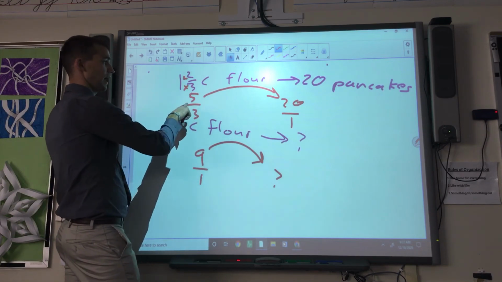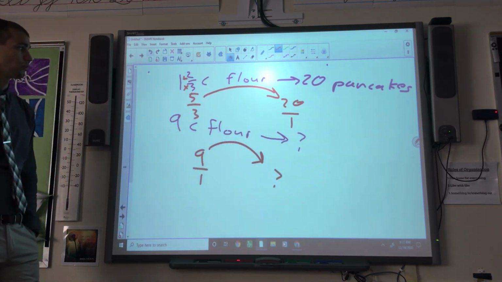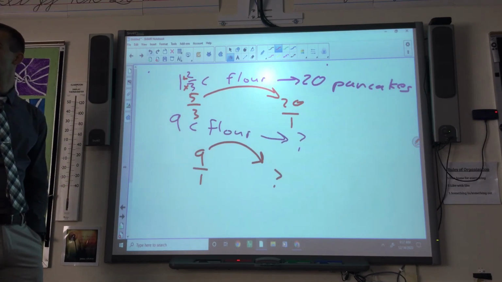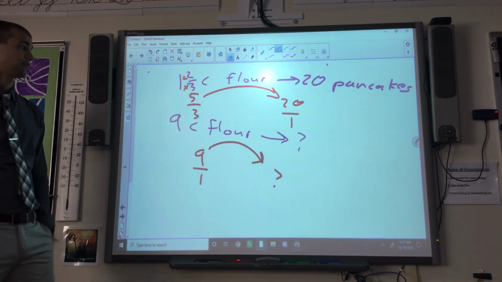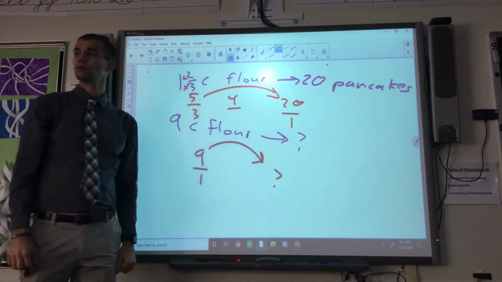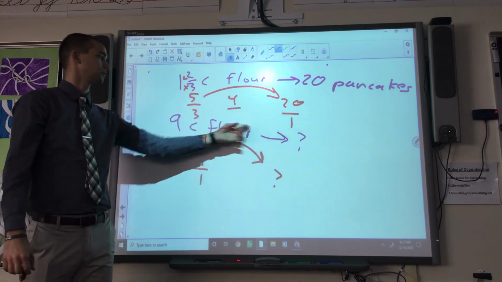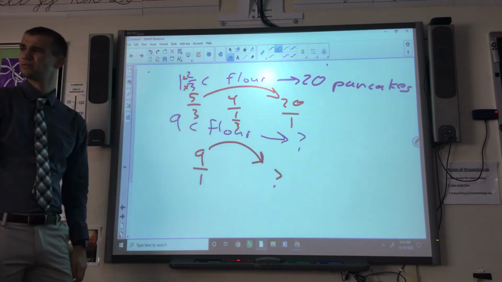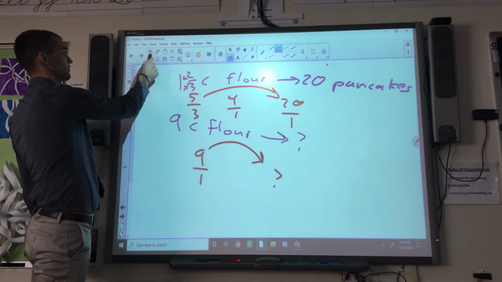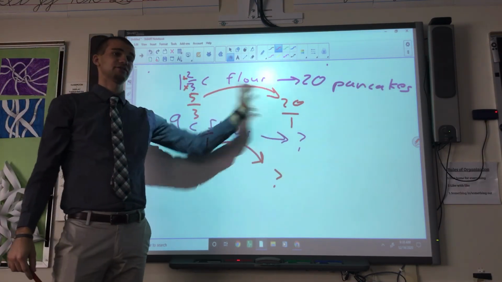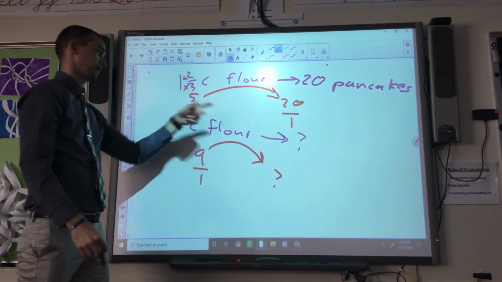Because if you're going from 5/3 to 20 over 1, how do I get that? You can multiply it by 4, but then what? 4 over 4? Well, here, 3 times 1, you're going to have to divide by 3. So 4 over 1/3. That is where it gets a little bit messy, because you're thinking, what do I have to do to multiply this? Instead, we could just say this divided by that. So 20 over 1